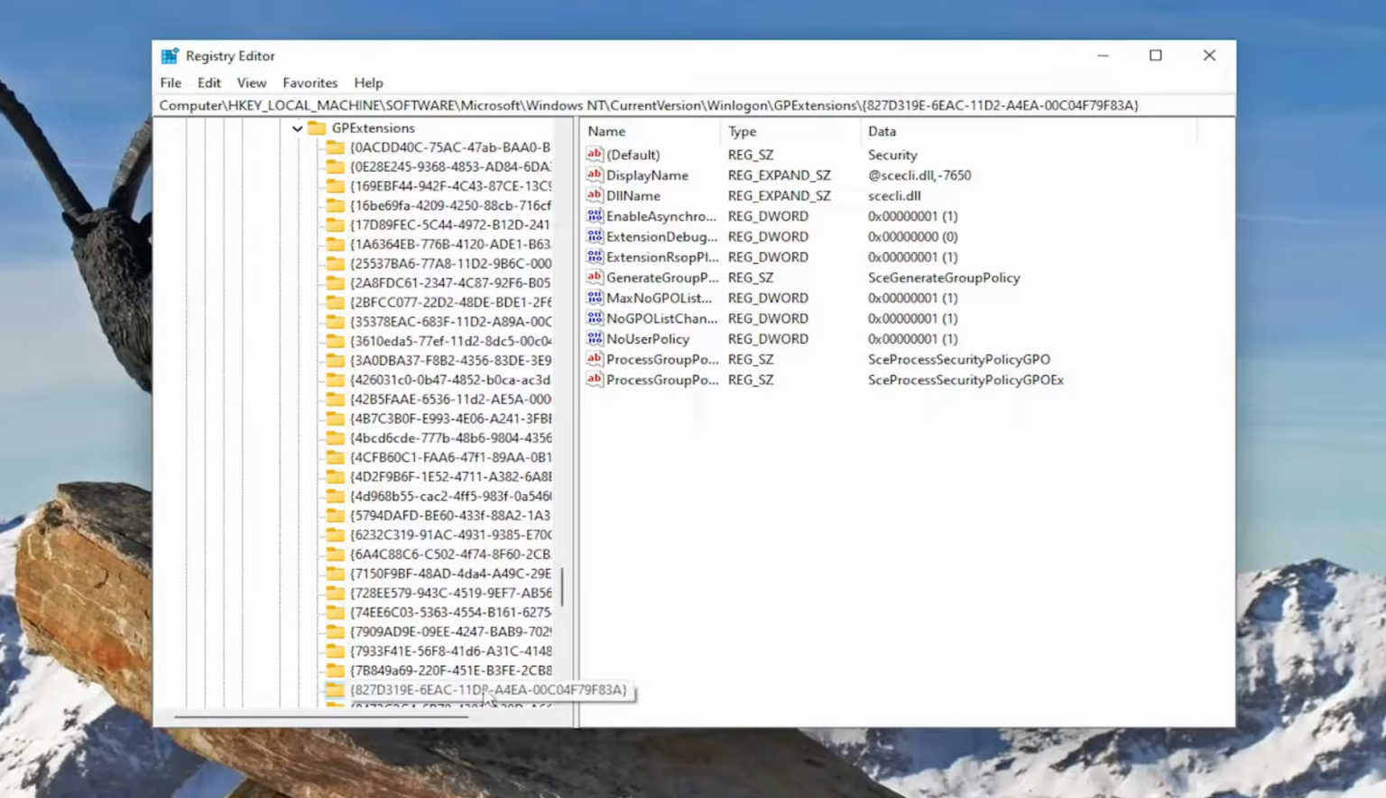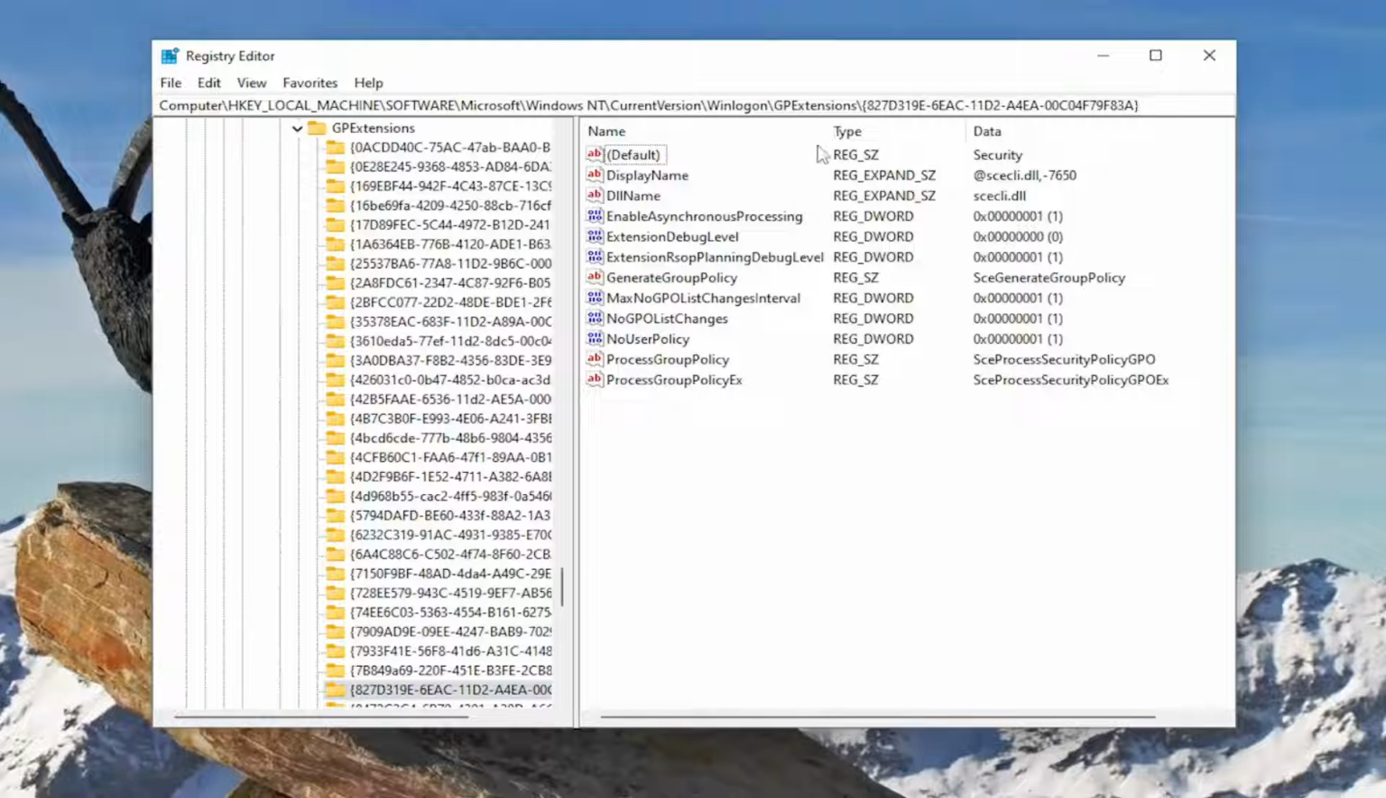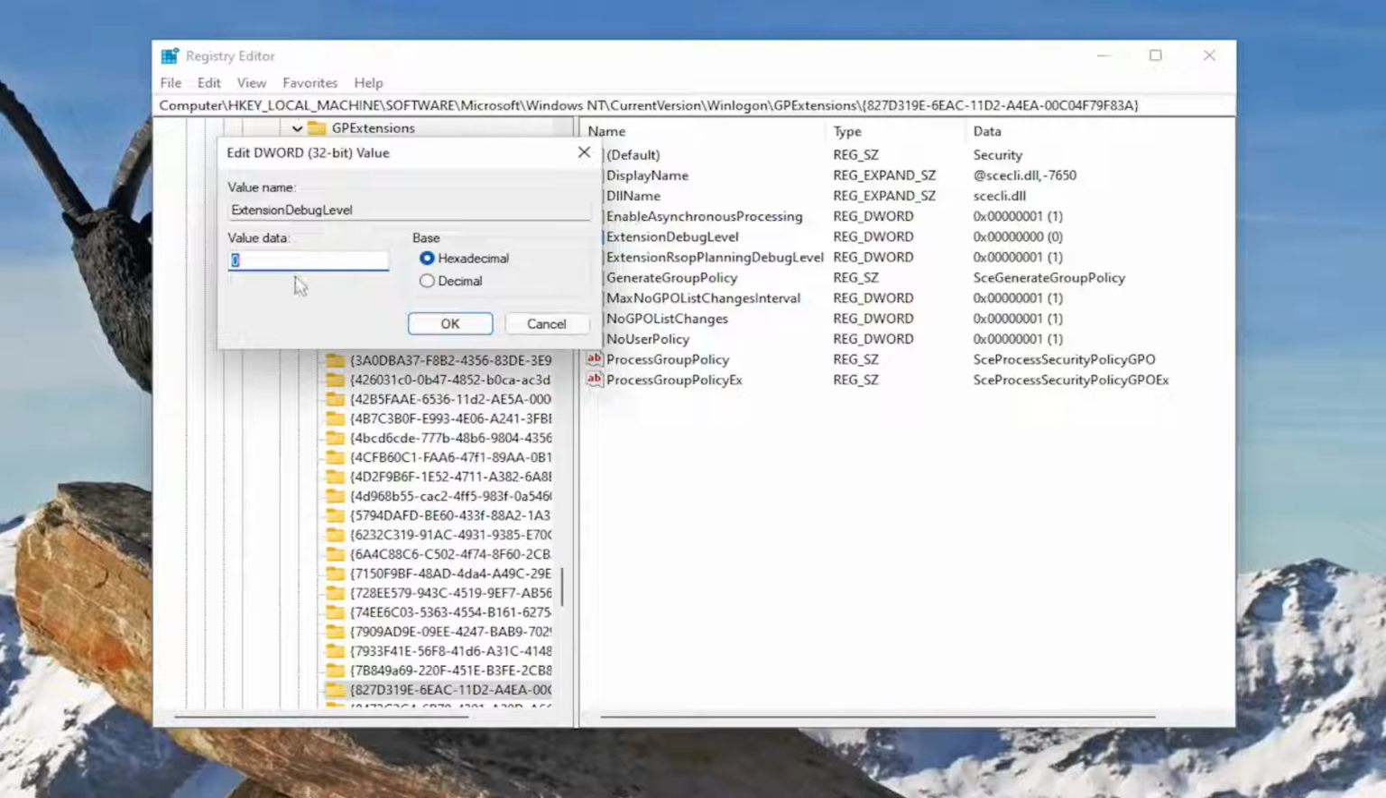It's 827D319E, and then there are more characters and letters after that. On the right side here, I'm going to double click in between the columns to make it a little bit wider so you can see the whole DWORD value name. You want to locate ExtensionDebugLevel and double click on it. Set the value data to 0, as you see on my screen, the numerical value of 0,